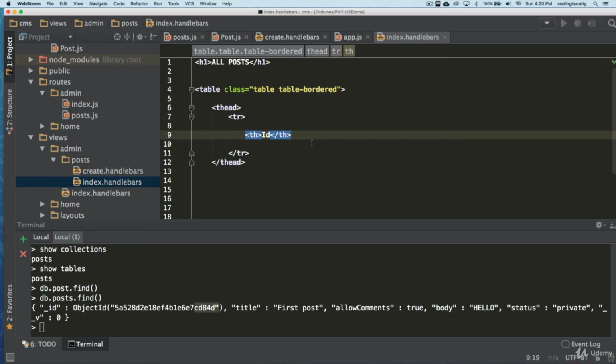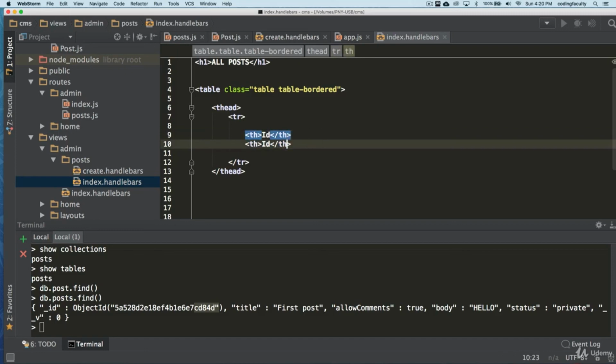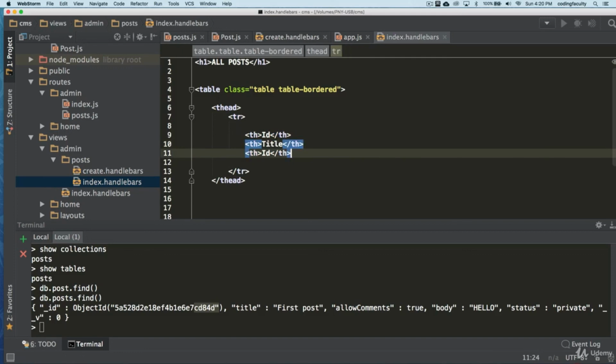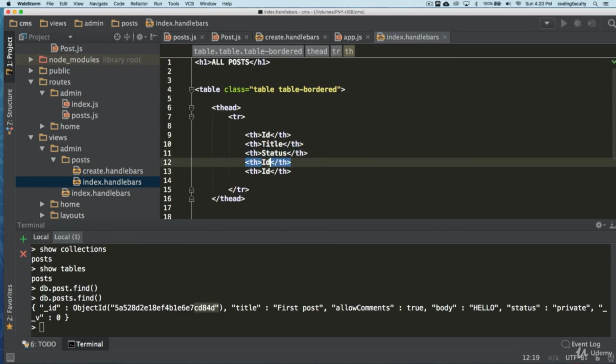We want to get the ID of the post. Let's see what we want. We want the title. Okay, what else do we have? The status. Comments.